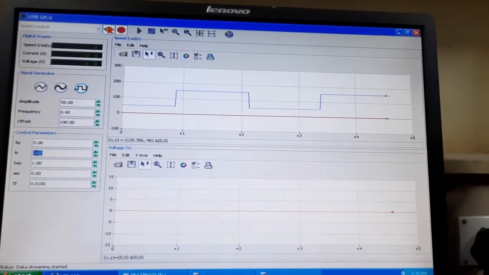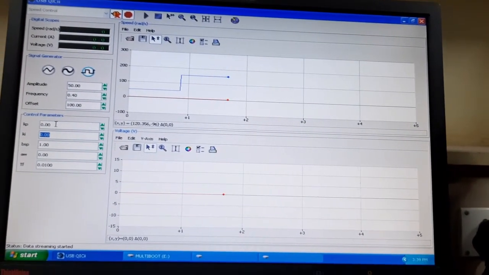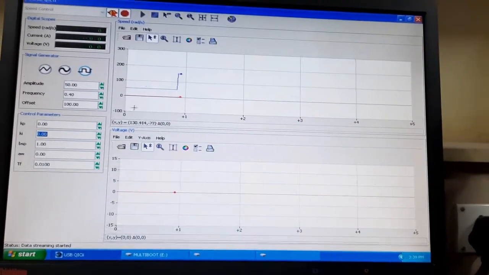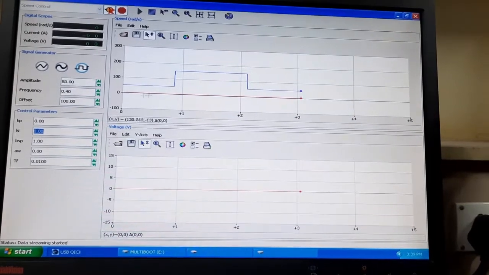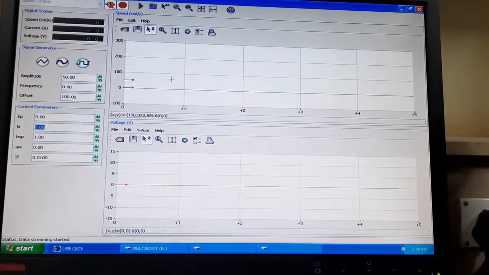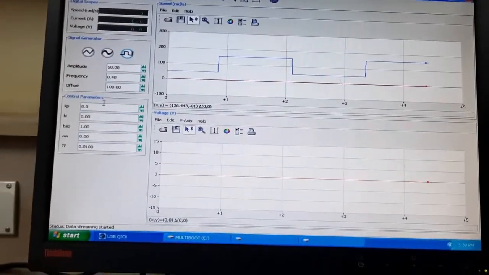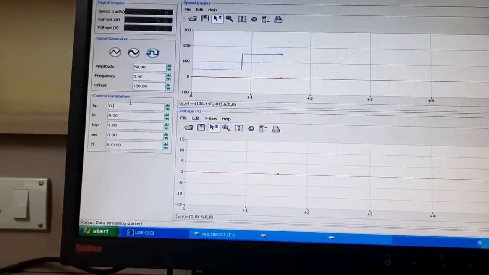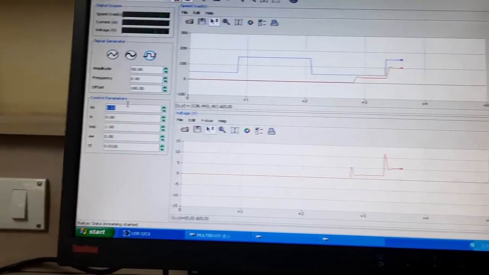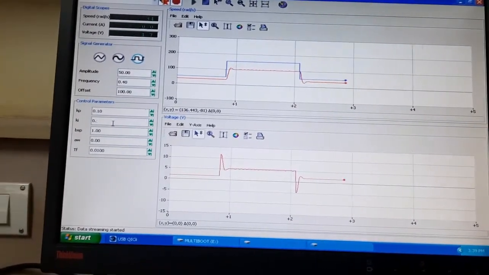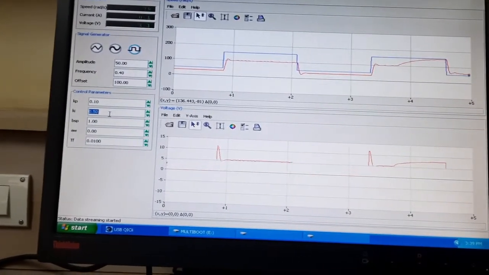We are doing our PI control method, so we have to increase both the Kp and Ki values so that this red line will track this blue one. Let's put a specific 0.1 in Kp and 0.5 in Ki.